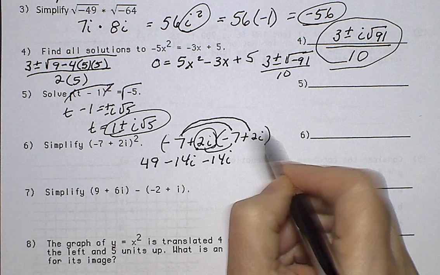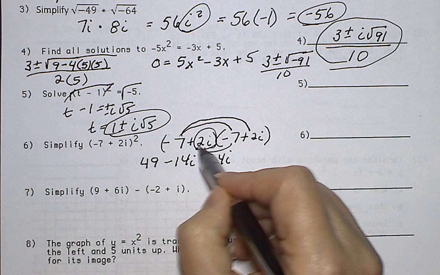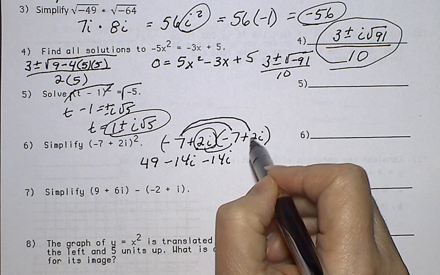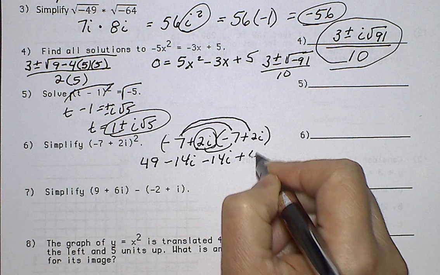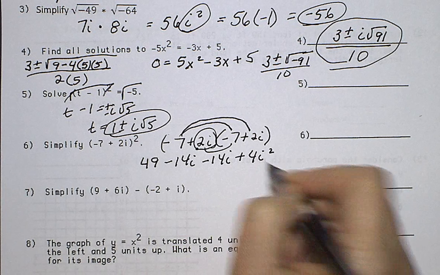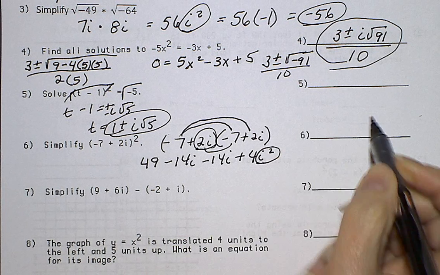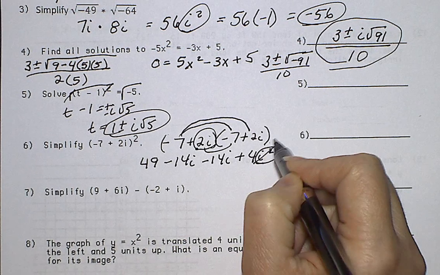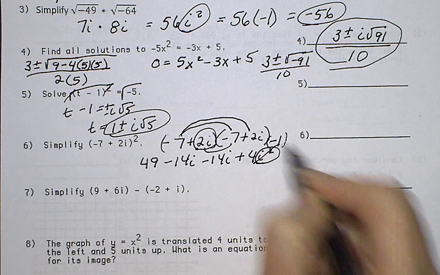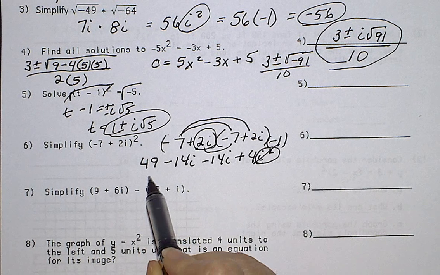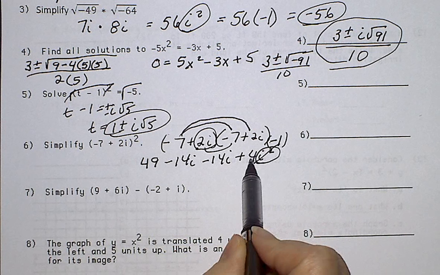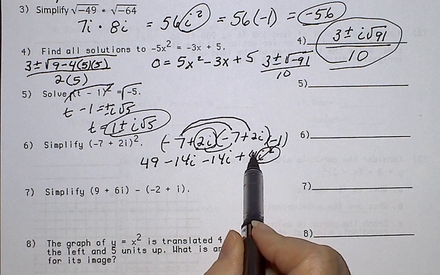4i squared, because we have 2i times 2i. So that gives me 4i squared. But we know i squared is a negative 1, so I'm going to cross that out and call that a negative 1. So we have 4 times negative 1, which is negative 4. And I'm adding it to,